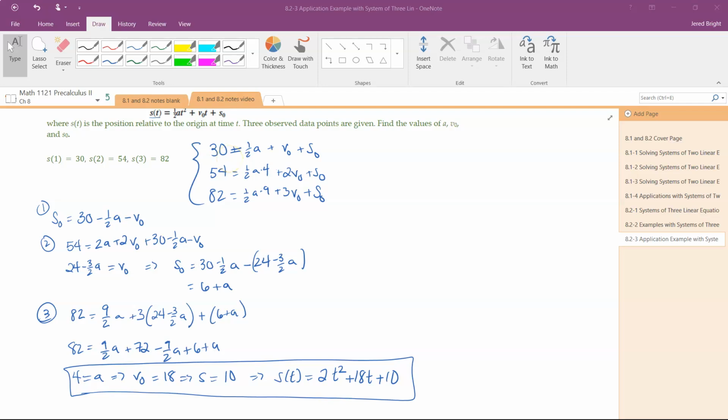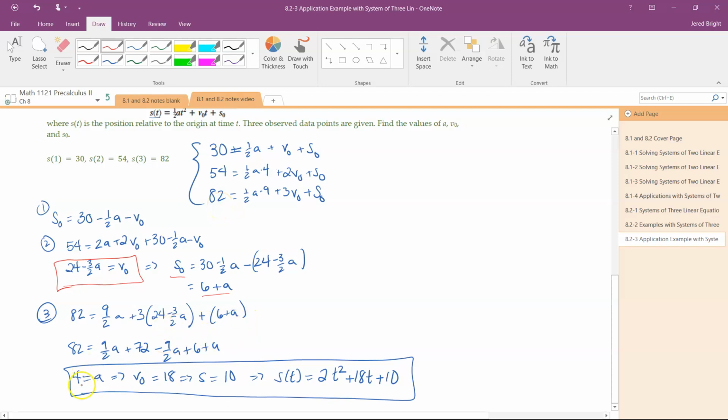In the first equation, I just solved for s naught. I don't know why I picked that one, I just did. If you happen to choose something else, that is fine. And then I substituted that finding of s naught into equation 2. That led me to say that v naught is 24 minus 3/2 of a, and then I substituted that v naught into s naught. So just rewriting that equation, I have s naught as 6 plus a. I took both of those findings and then used that third equation, which I haven't used yet, substituting each of those in,